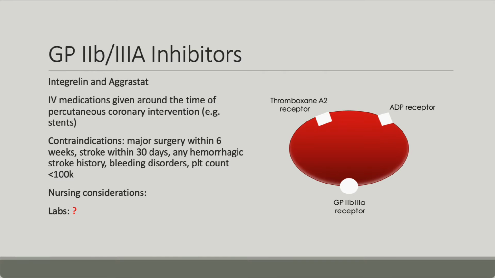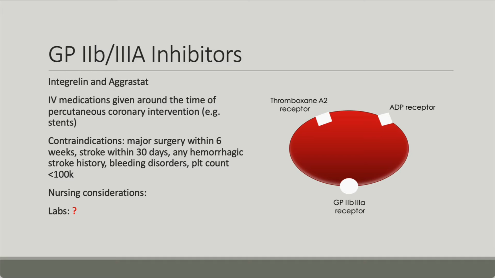The GP2B3A inhibitors, the names are Integrilin and Aggrastat. Those are both brand names. They have weird names. Let me see if I can look one up. I forget what Integrilin's is, but it's a very bizarre name. So the generic name of Integrilin is eptifibatide. I told you it was a crazy name, right? So eptifibatide, or Integrilin, easier to say, and I'm sure the company would rather you say Integrilin,